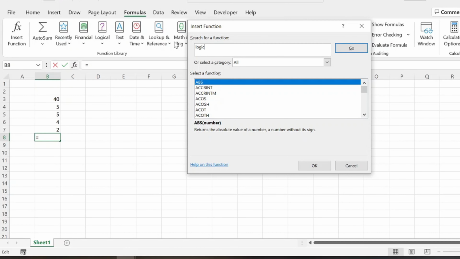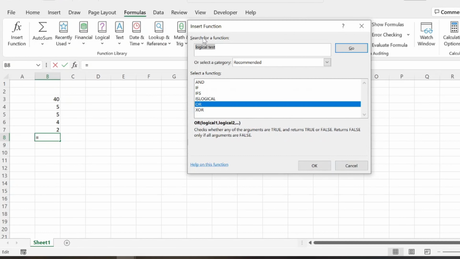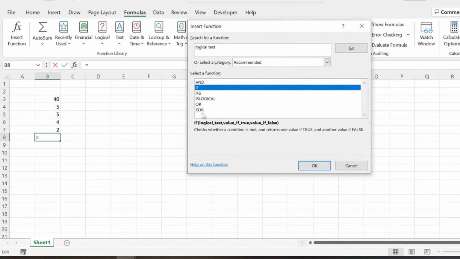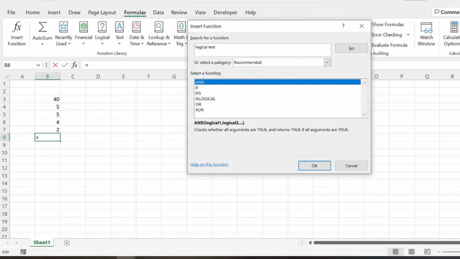like a logical test. So I can go ahead and search that, and it's going to give me all of these that it thinks are related to my search function, right? And in this case, I was kind of looking for the if statement to do a true or false logical test, and so on. So you can search, you can just browse, and all of the formulas within Excel can